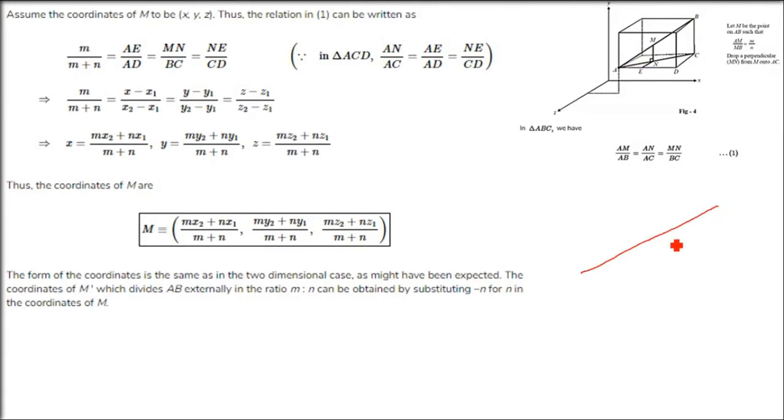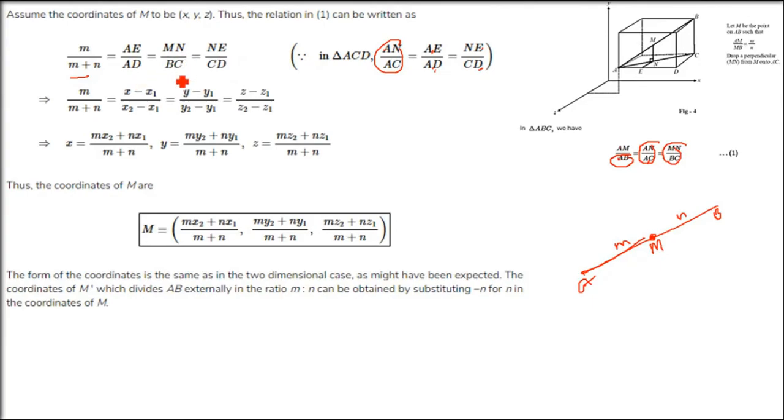But I am saying this AB, this point M is dividing it in the ratio m:n. So AM by AB, in place of AM, I can write m. This middle point is capital M. So AM is m, and AM plus MB, which is AB, is m plus n. What is AE by AD? AE by AD is eventually equal to MN by BC, which is eventually equal to NE by CD, because we have 2 relationships from 2 different triangles. So I can always write AE by AD and equate it with MN by BC and NE by CD.